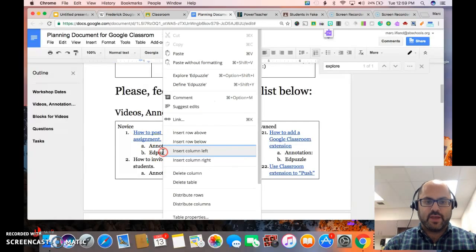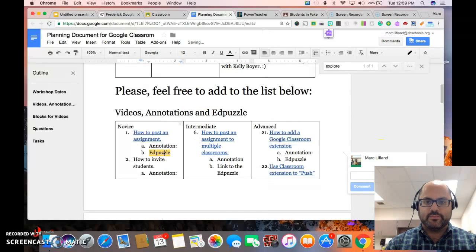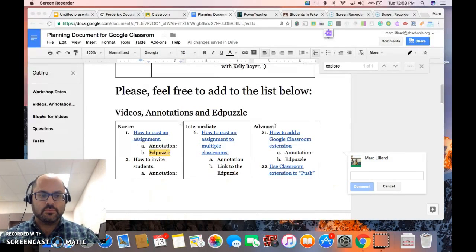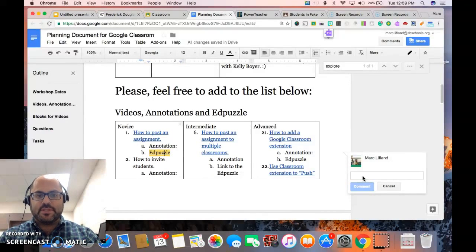One way is to right-click and then click on Comment. And then you would write the comment here. And since this actually happens to be a planning document, I could write to the person in particular. Hit the plus sign, and then other names of people come up that are in my contacts. So I could write in,